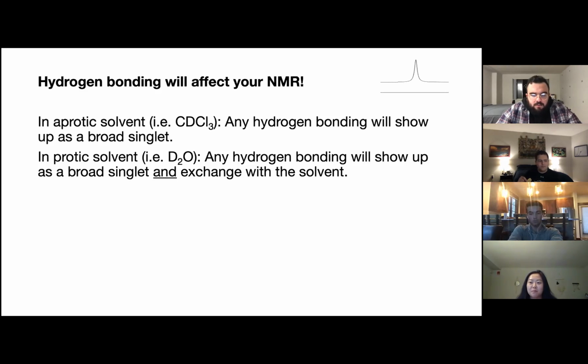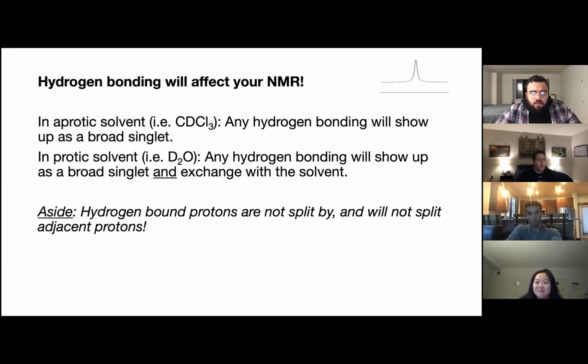Sometimes the peak won't look very obviously broad. But if it's not broad and it says exchanges with D2O, then it's still going to be a hydrogen bond. So if you see either broad singlet or exchanges, then that's going to be one of those. And then just know that hydrogen-bound protons are not split and will not split adjacent protons. What I mean by this is that when you go in and figure out your splitting,